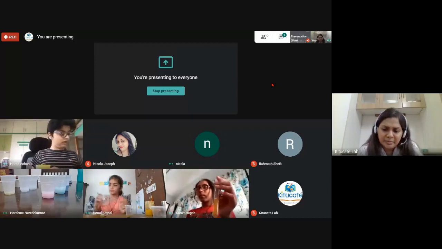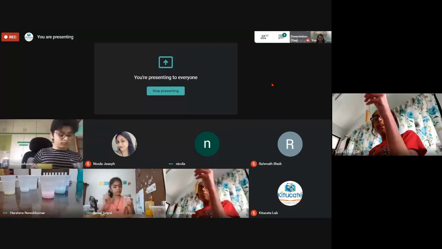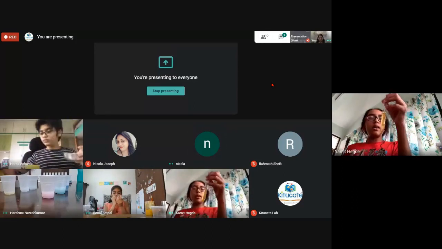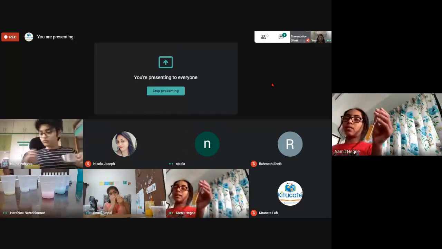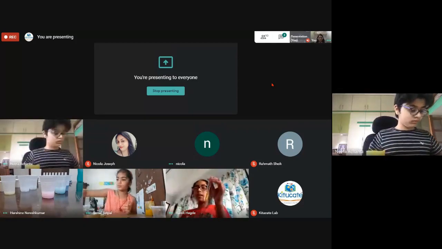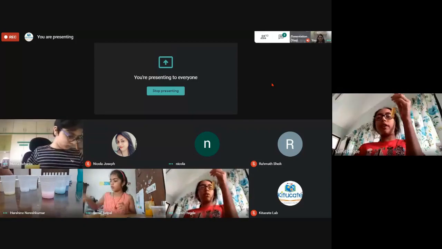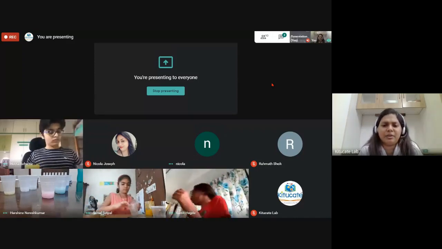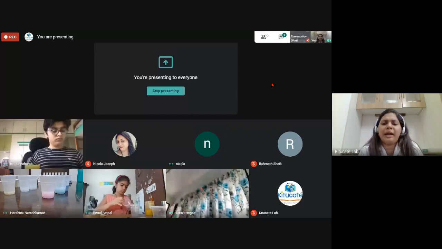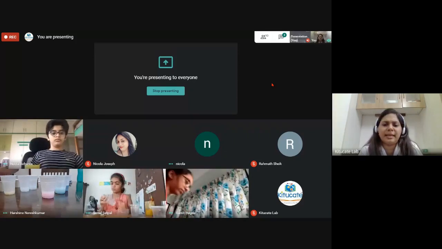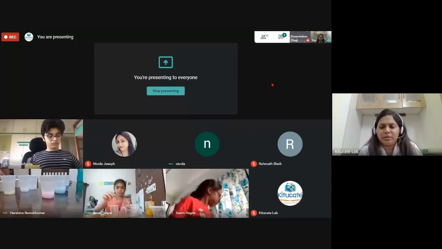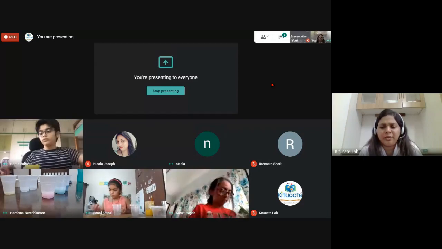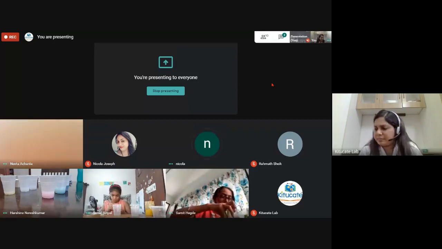What happens, Samit? The baking soda powder has become red in color, but the turmeric powder is still orange. It's orange. Yeah, so that's because the concentration is less. If you add more, then it goes towards the reddish color. Okay. So in turmeric test, all the bases will show reddish color.